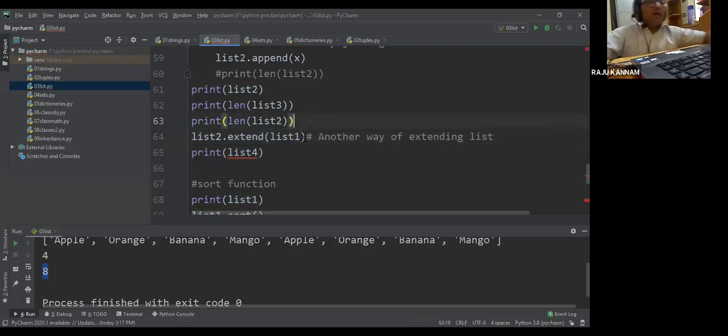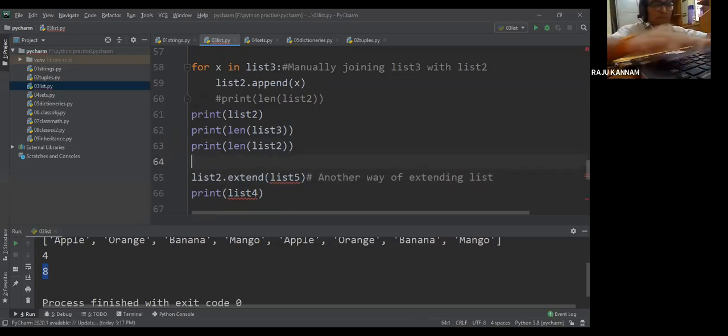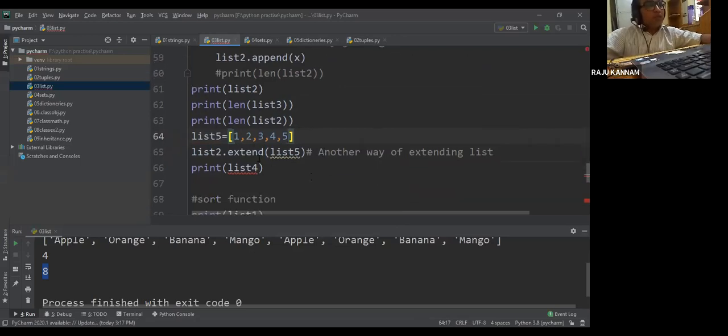So why always list 1, list 2? I will take another one, list 5. I'll declare list 5 as 1, 2, 3, 4, 5. This time I declare numbers. Now list 2 already has 8 elements, and list 5 has 5 elements.